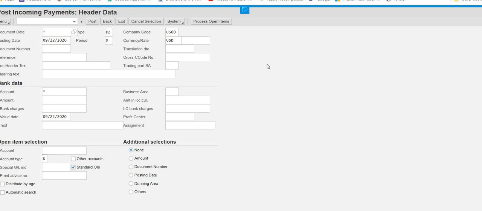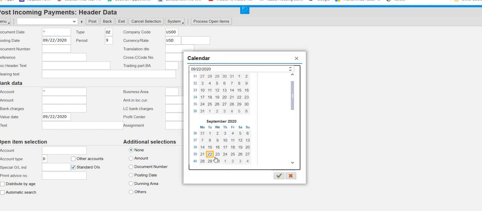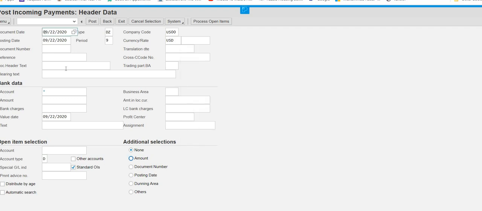First, we have to enter the current date for the document tab. So here we will put the current date. Today's date is 22nd. You have noticed that I usually do not type the date; I just take it from the menu. Why?